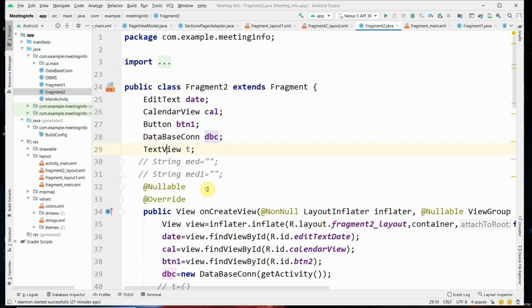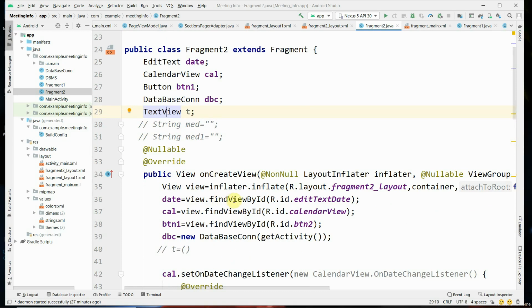Then a text view. Now here you have to map the date, calendar view and button to the objects date, calendar view and button one, and you have to create the database object.